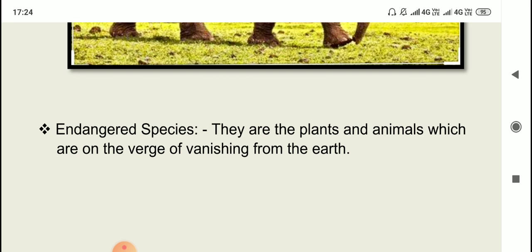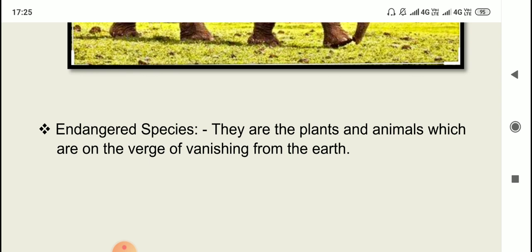Then there are some local communities or some people who do illegal things. Okay, they do poaching and all. So because of that also these animals are at a risk. I am not asking you to find out various reasons, because one prominent reason that you have to remember, and about which even our small actions can help, is that if we protect our environment, then definitely we are helping all types of living organisms on earth.